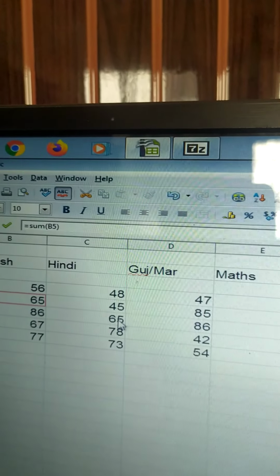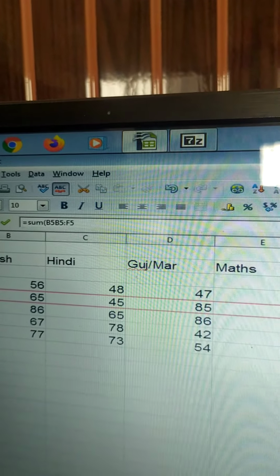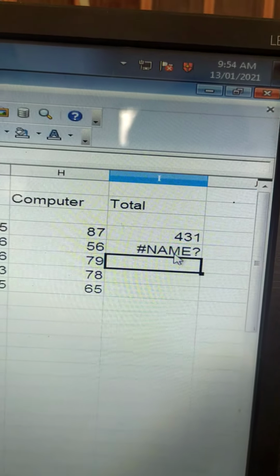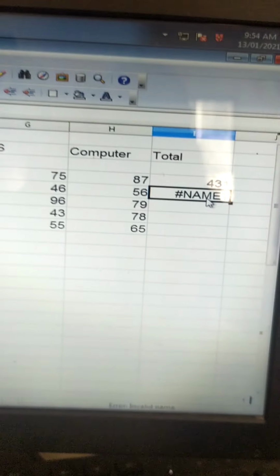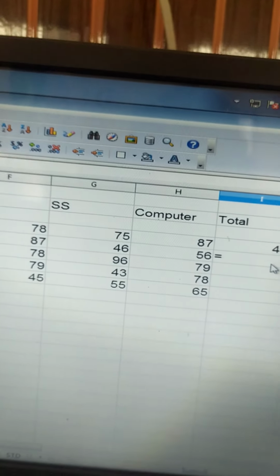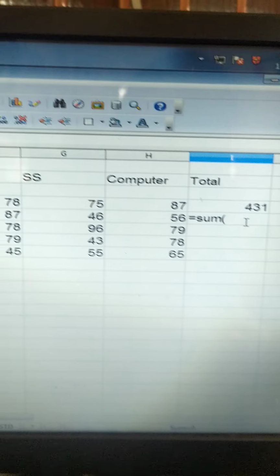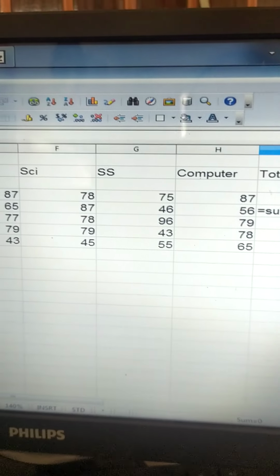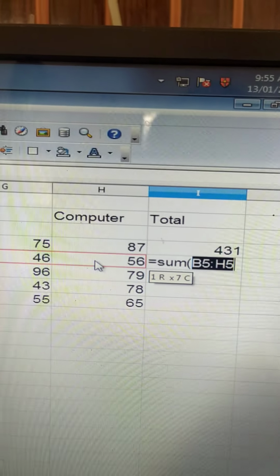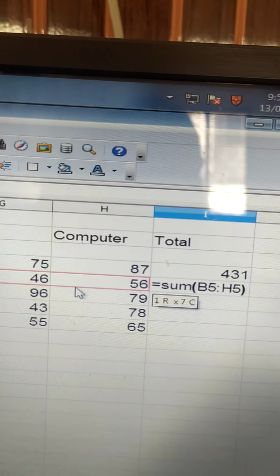Over here see, English से लेके कंप्यूटर तक मैंने सिलेक्ट कर लिया है and then enter. Just a mistake. Equal to sum, the first cell, click and drag till the last cell, and then close round bracket and enter key.